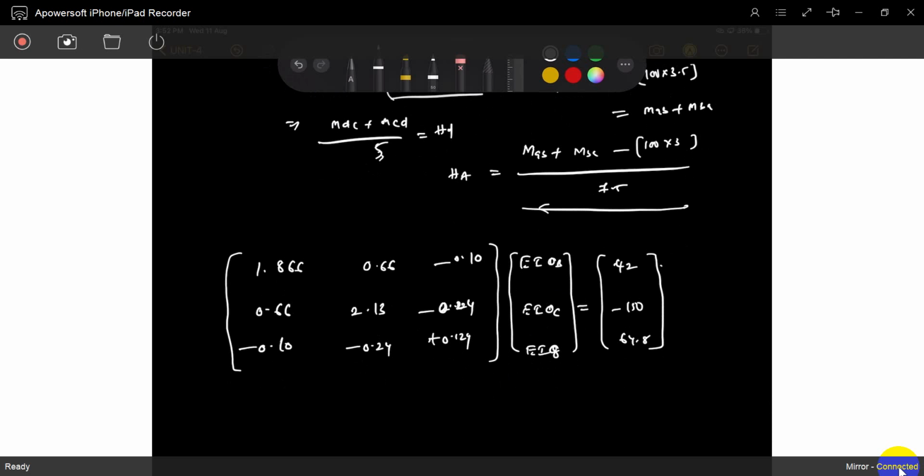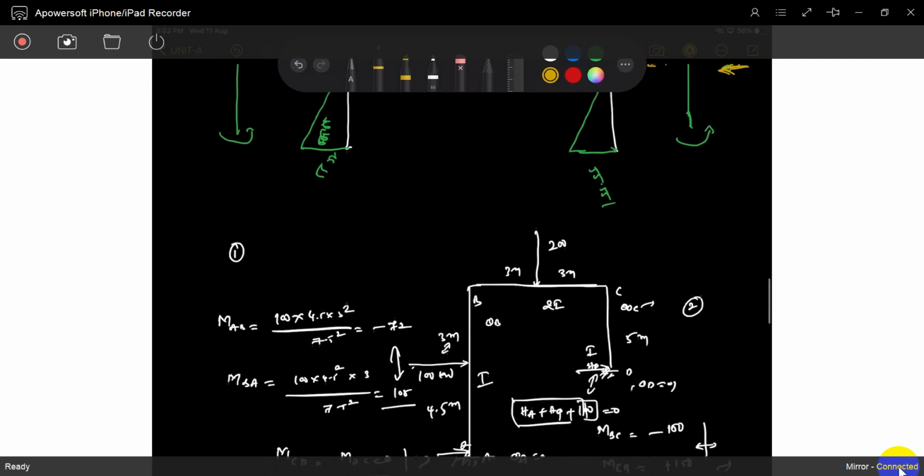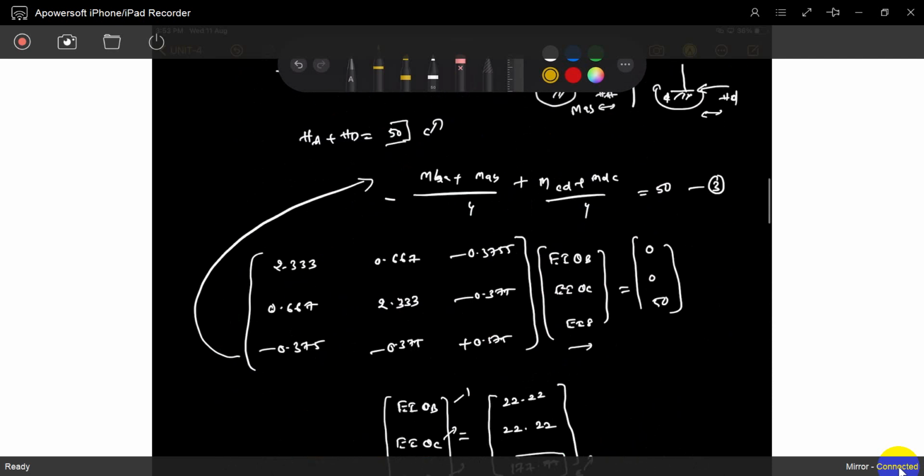But one thing you have to observe in the previous two matrices is that everything you will get is symmetric. You can catch the symmetry, right? The previous problem also, you caught it. Symmetry will happen in these types of equations. That is explained in the flexibility matrix and stiffness matrix.